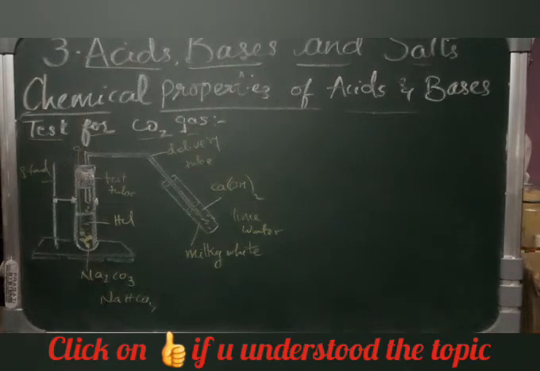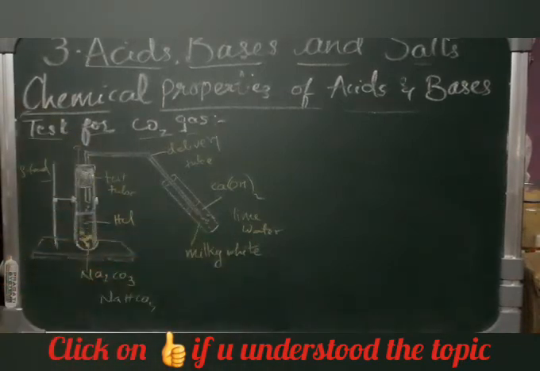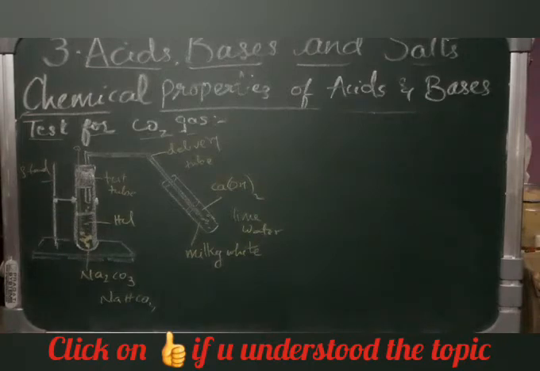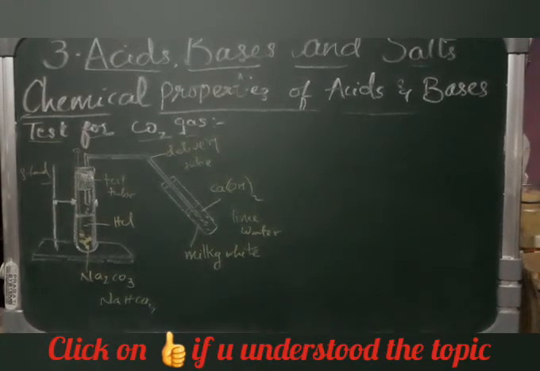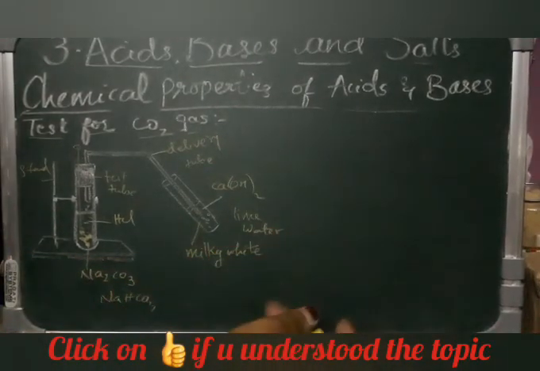if you continuously add this carbon dioxide gas, then what will happen? A little gas you are passing, then it is turning lime water into milky white, right? Again, if you continuously keep passing carbon dioxide gas into this lime water, then what will happen? When excess carbon dioxide is passed, the calcium carbonate which is formed will change into calcium hydrogen carbonate, which is colorless. This milky white will again change into a colorless solution.